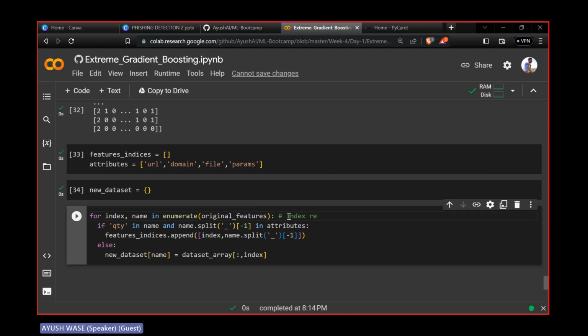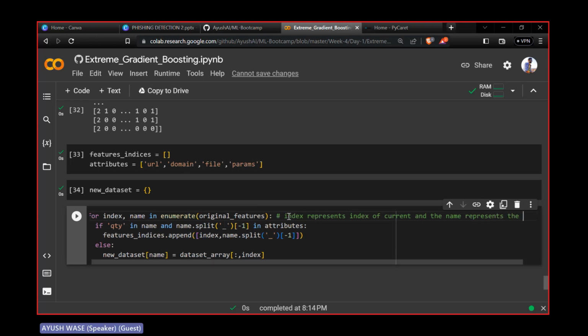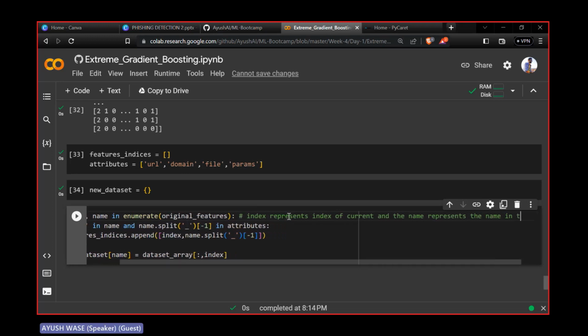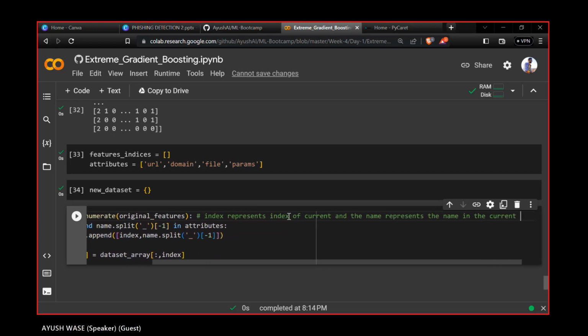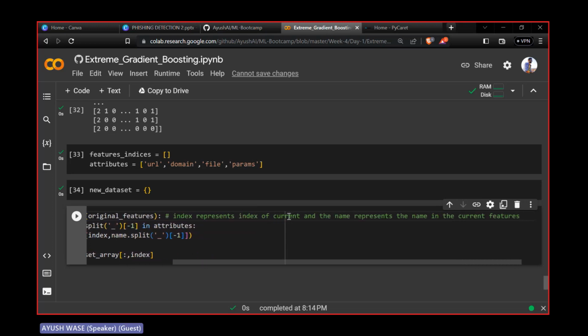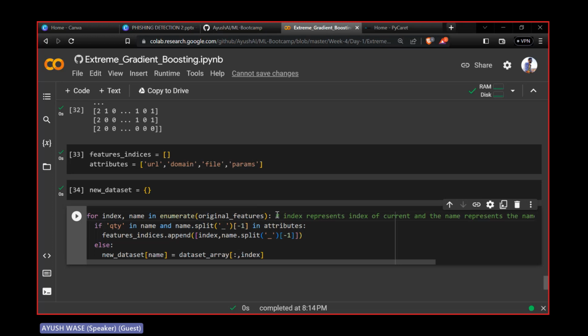Index, then index current and the name represent the same name in the current feature, right? So what we are doing here is that we are iterating index and name in the same loop, and